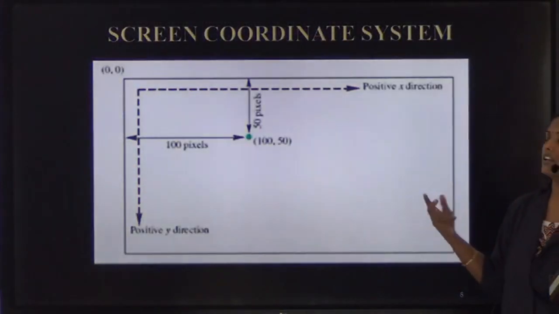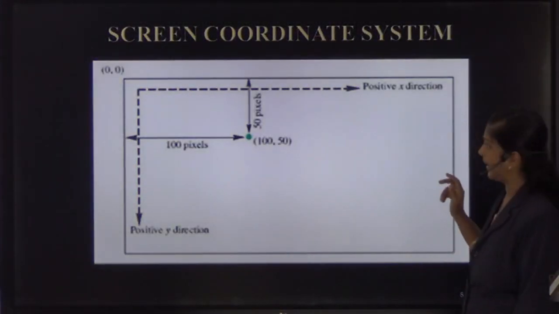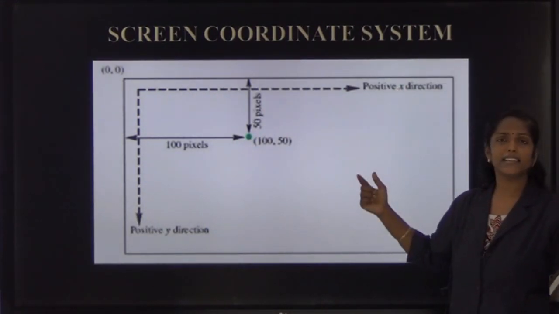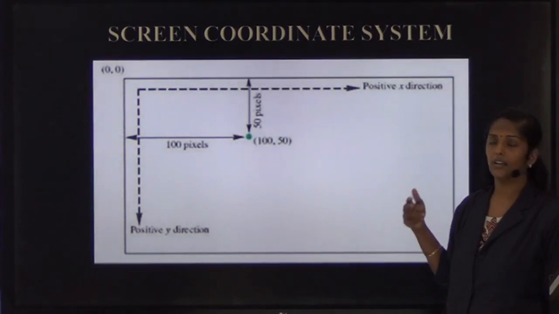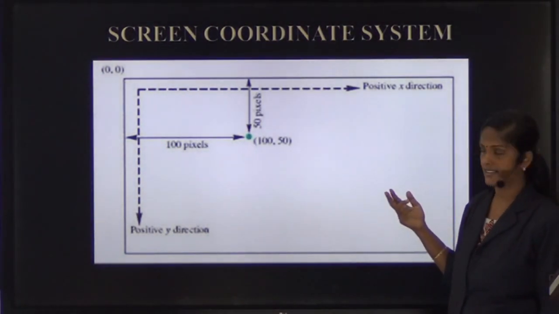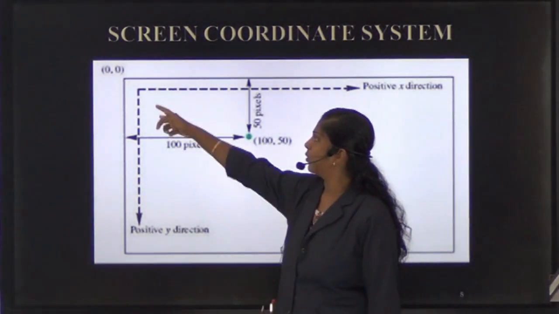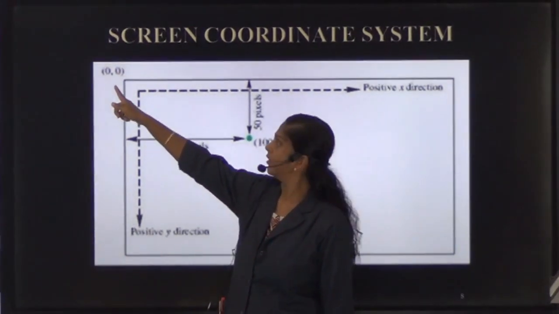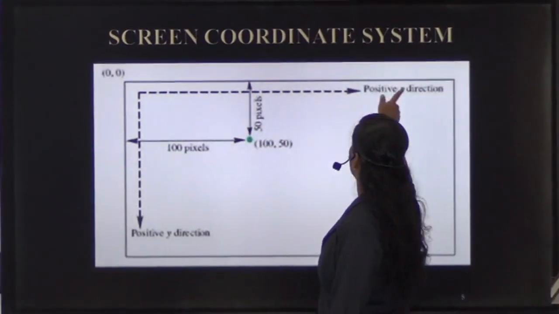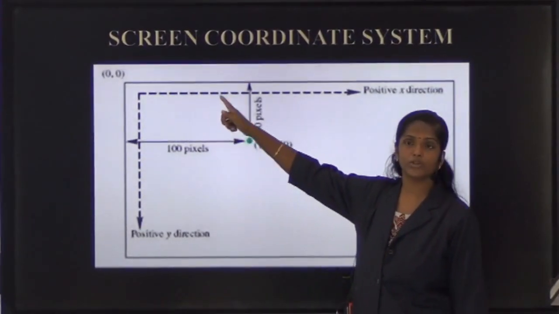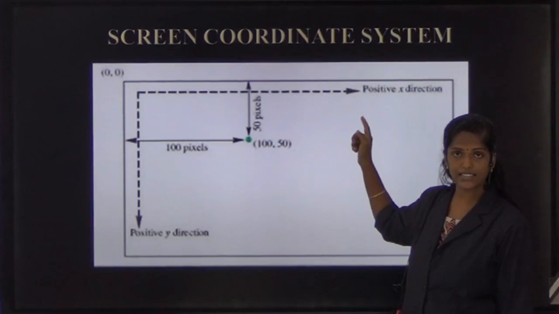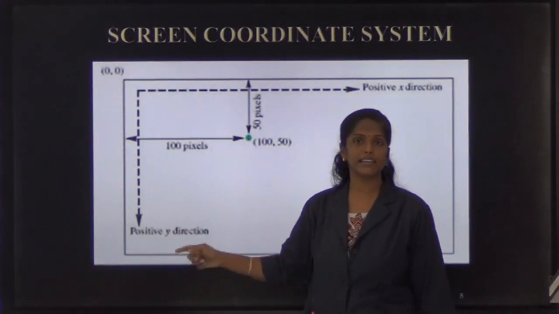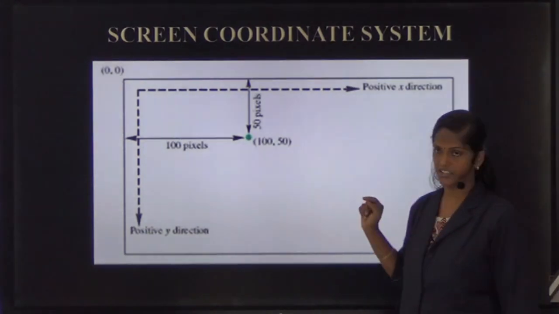The screen coordinate system is quite different from our normal mathematical XY coordinate system. Here you can see that the origin 0, 0 lies at the top left corner. The horizontal direction towards the right indicates the positive X direction, and the vertical direction towards the bottom indicates the positive Y direction.